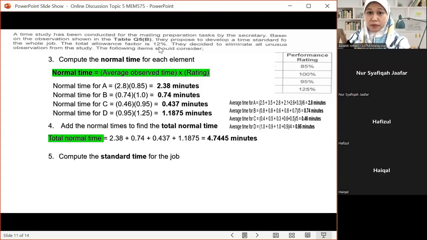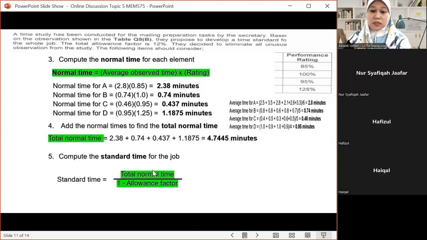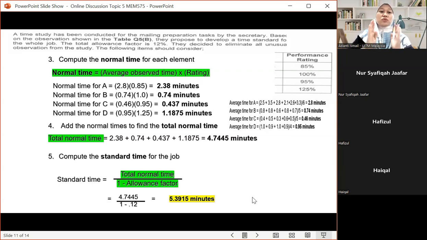So allowance tadi berapa? 12%. So total normal time 4.7445 minutes divided by 1 minus 0.12 daripada 12% sini. So you get 5.3915 minutes. So to perform the mailing preparation, you need 5.3915 minutes. Okay, if you go below that, let's say you dah buat all the 4 steps, you get 5.2